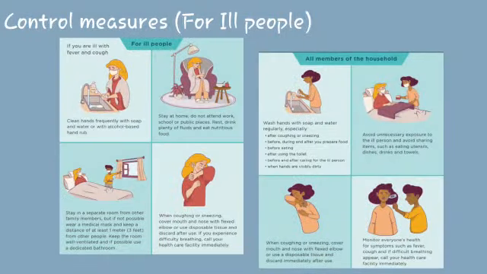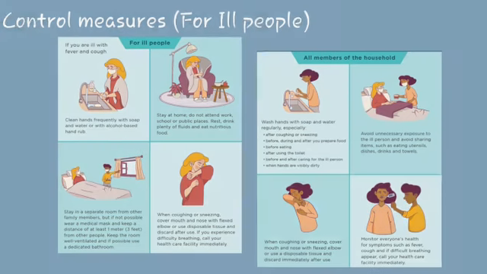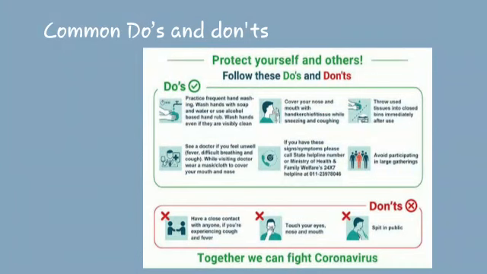Control measures for ill people: stay at home, stay isolated. When coughing and sneezing, cover your mouth the way the girl has portrayed in the picture. Lastly, monitor everybody's health. After mentioning the do's, the don'ts are having close contact with the sick, touching your face often, spitting in public. All these three must be prohibited.